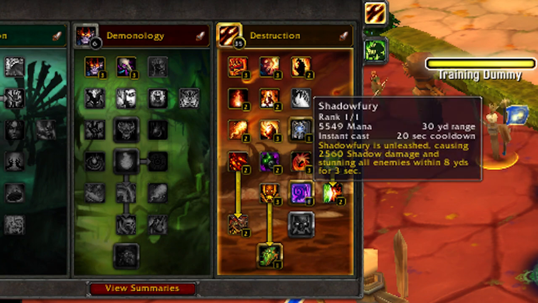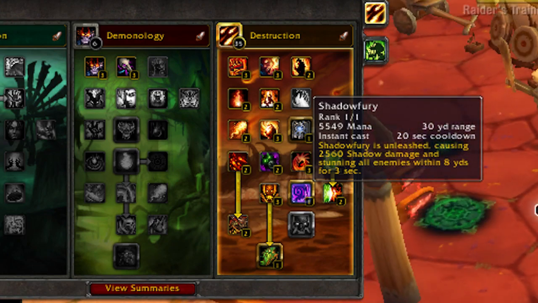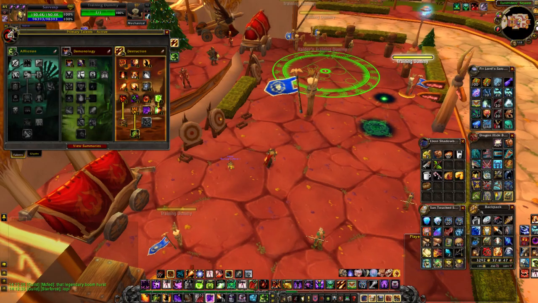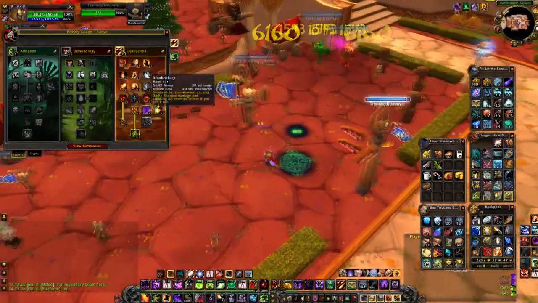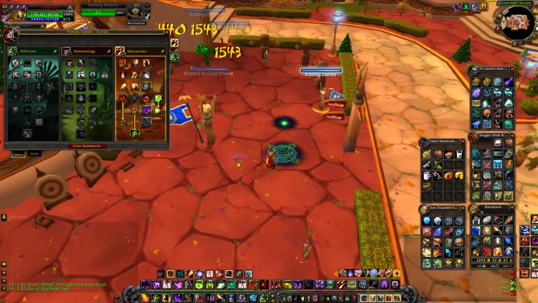Then Shadowfury, which is easily one of my favorite talents, favorite abilities. It's a 20-second cooldown and a 3-second stun. It's pretty much an 8-yard radius, as you can see right now. You can use it offensively and defensively to peel someone. Then we have